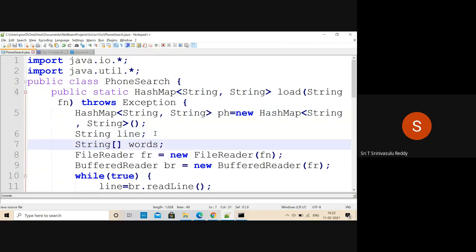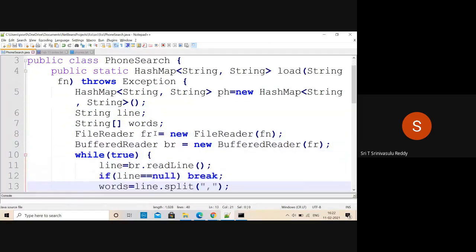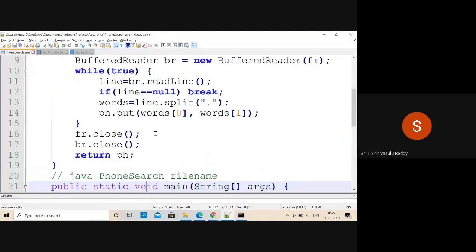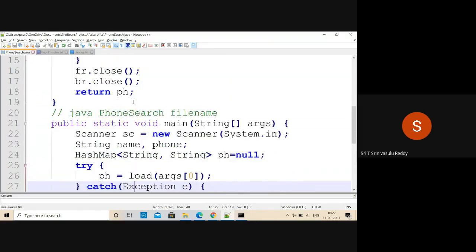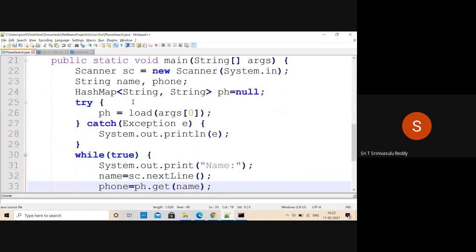And then line, words, all that. Usually you are opening every line and breaking it by using the split method. It's very important, and much more powerful, but as an example we are using this. Whatever is there, you are adding by using the put method. That's it. Once it is loaded and put into the HashMap, then search becomes simple.